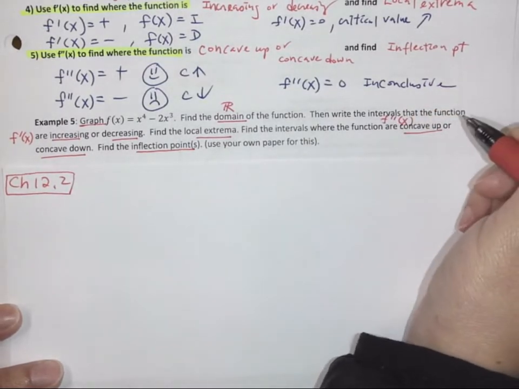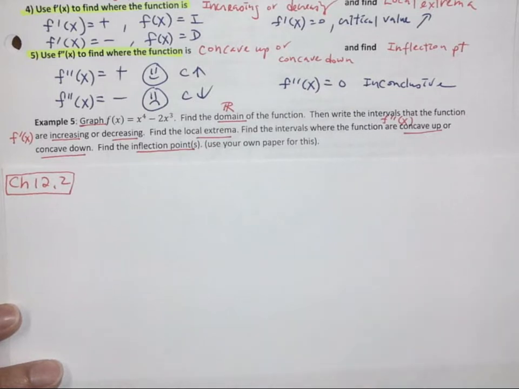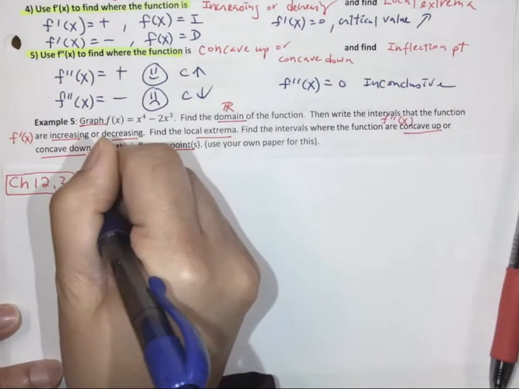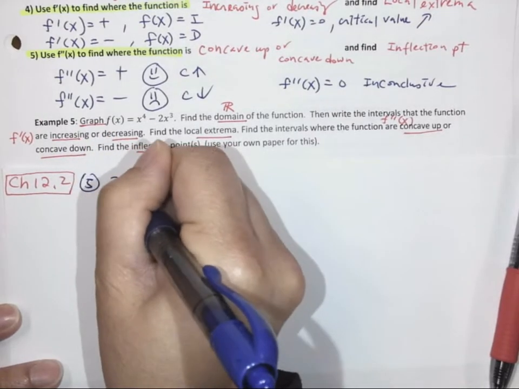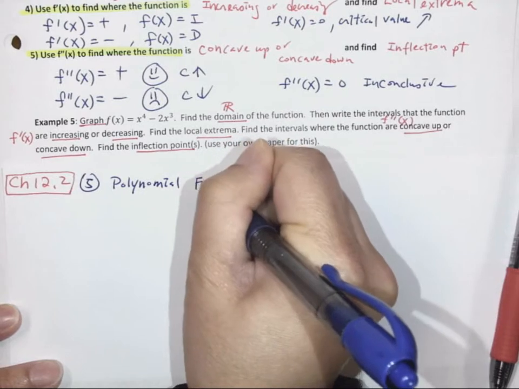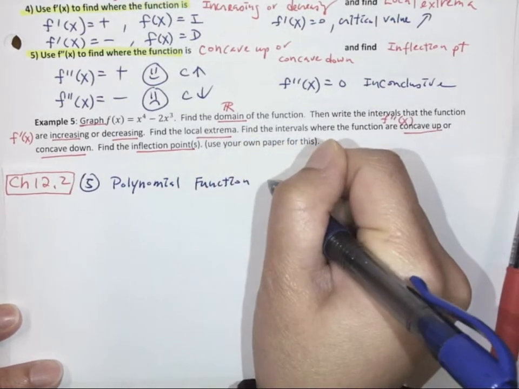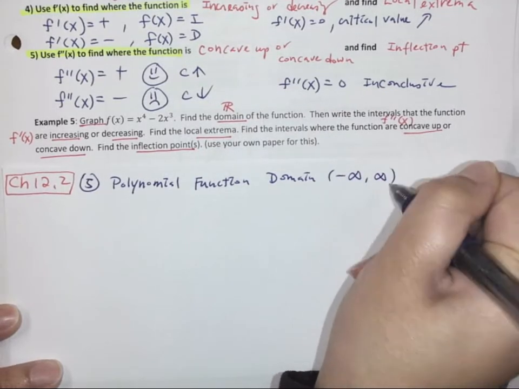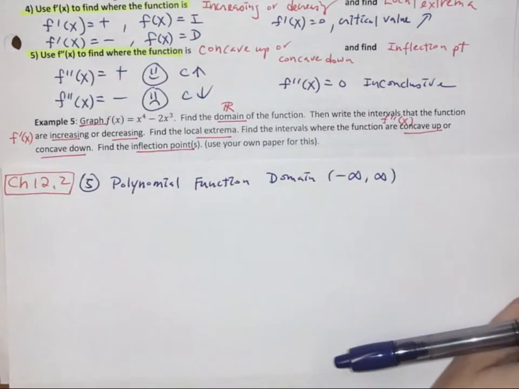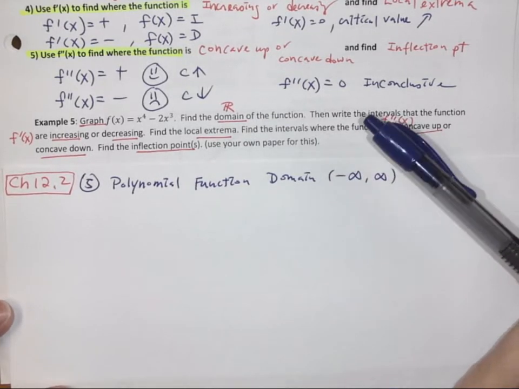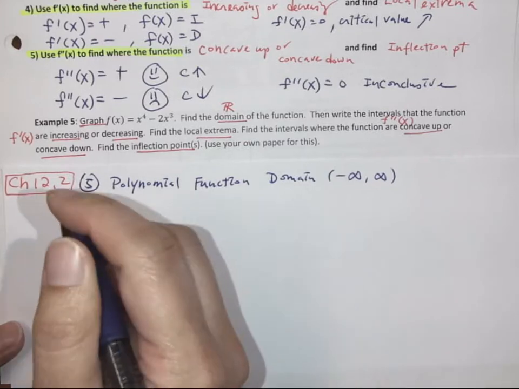So that gives us some idea. But either way, we know this is number 5. It's a polynomial function. Polynomial functions go on forever, so the domain should be negative infinity to positive infinity. And we can look at the graph at the end and try to double check that information. But because we're going to need the first and second derivative, we're going to go ahead and try to